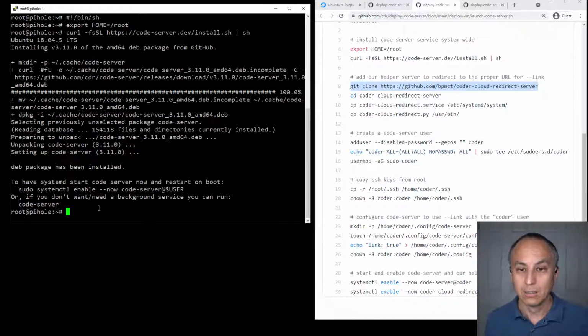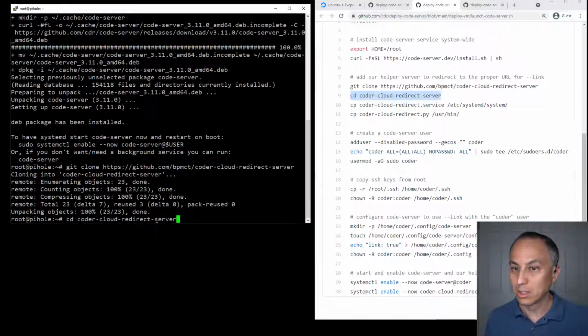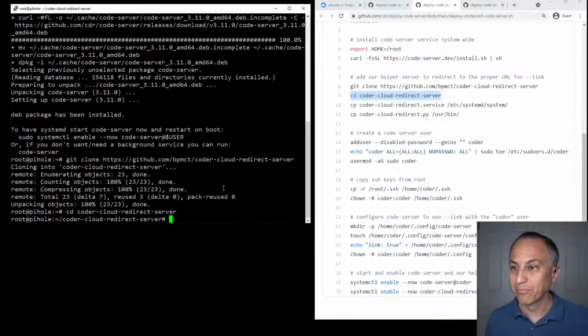Oh. So in PuTTY, you right mouse click to paste. Okay, so we have unpacking, remote something. So that apparently did a git clone. I'm going to cd into coder cloud redirect server. Okay, now I'm going to go into some